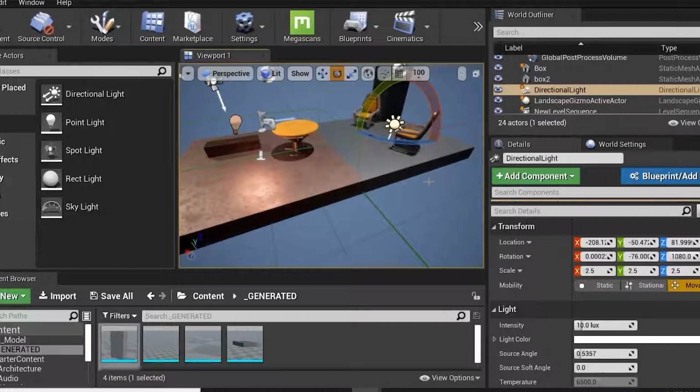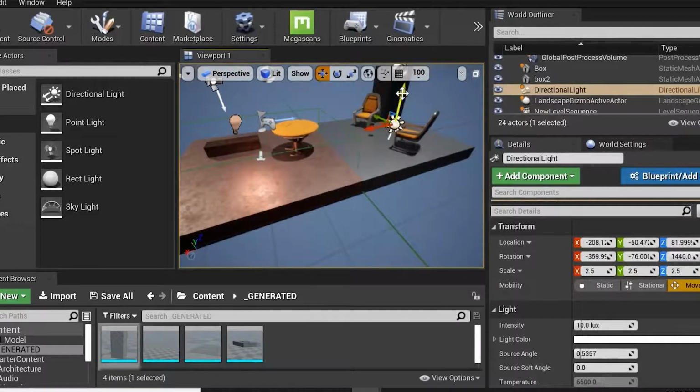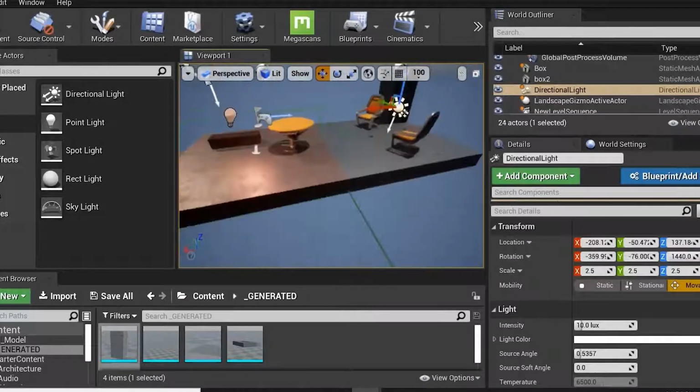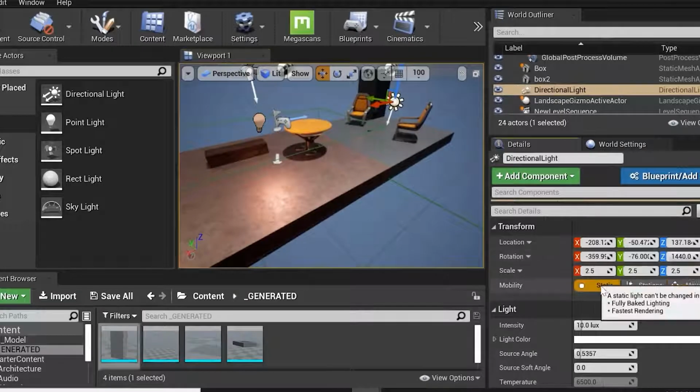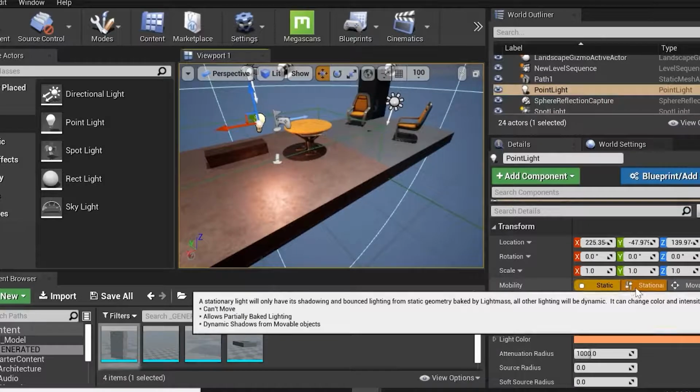But we always have to remember that a movable light will take more time to cache or bake, correct? That also depends on the hardware we have in our computer. So that depends on the light. We use a static light if we want our light not moving, the shadow fixed, and our characters not going into that particular area.